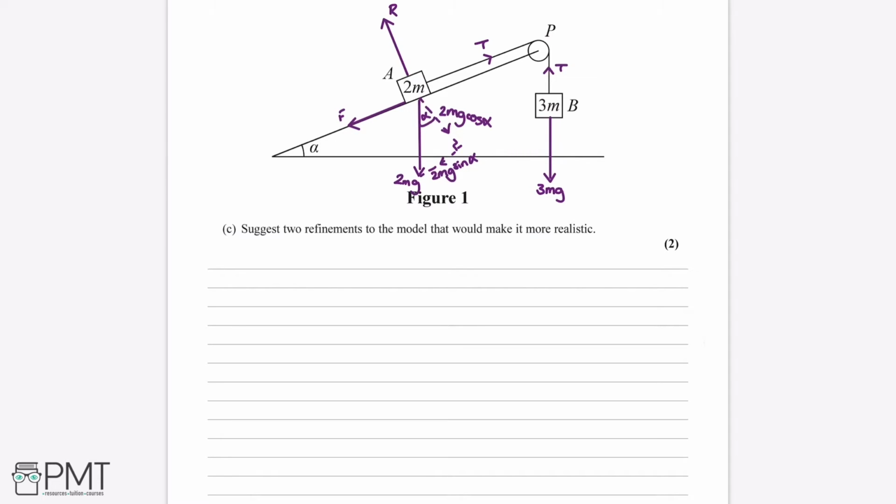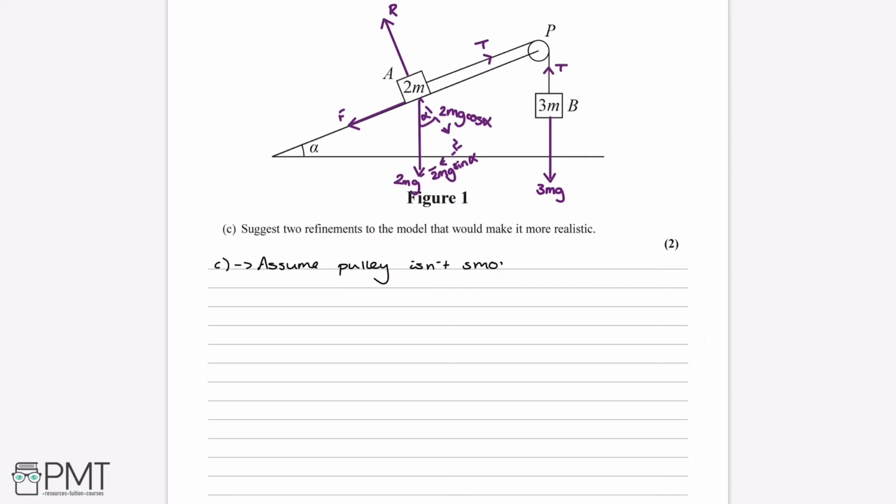So one of these could be the fact that we were told to assume that this pulley, P, was smooth. Smooth meaning it has absolutely no friction. And the problem with this is no object can be completely smooth. Everything has at least some kind of friction, even if that's a tiny amount. Nothing is completely smooth. And that was just an assumption that we made that allowed us to carry out calculations a bit easier, because it's just one less thing to take into account. So one refinement could be that we have to assume the pulley is not smooth,